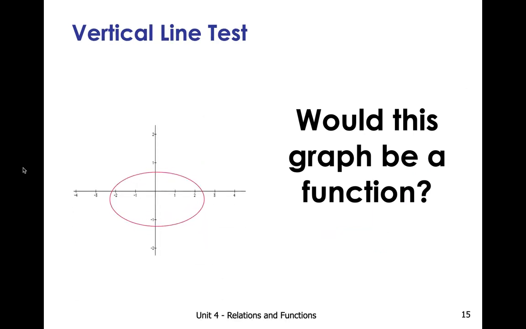Here we are with our second graph. We do the same thing. We begin from left to right. We start out, we are intersecting once. We keep going, we intersect